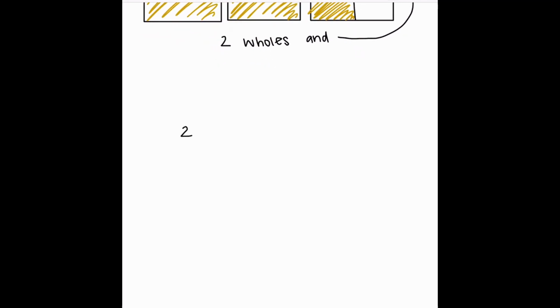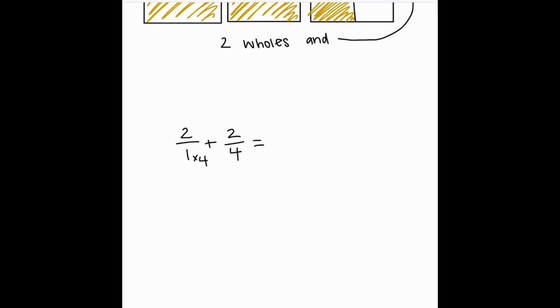Then to do the abstract portion, I would go through the procedural aspect with the student and how to solve the problem procedurally. So to start, you would find the smallest factor that 4 and 1 share. And in this case, 4 and 1, the smallest factor they would share is 4. So you have to multiply each side to make them the factor you need. So 2 over 1 gets multiplied by 4, and 2 fourths gets multiplied by 1, which equates to 8 fourths